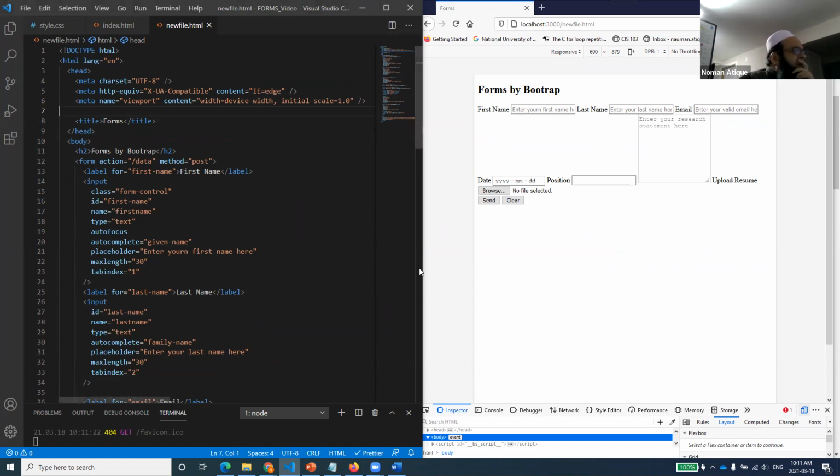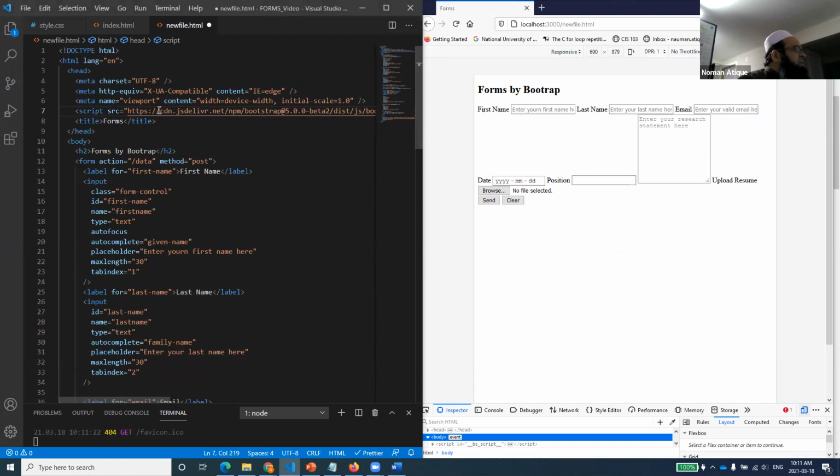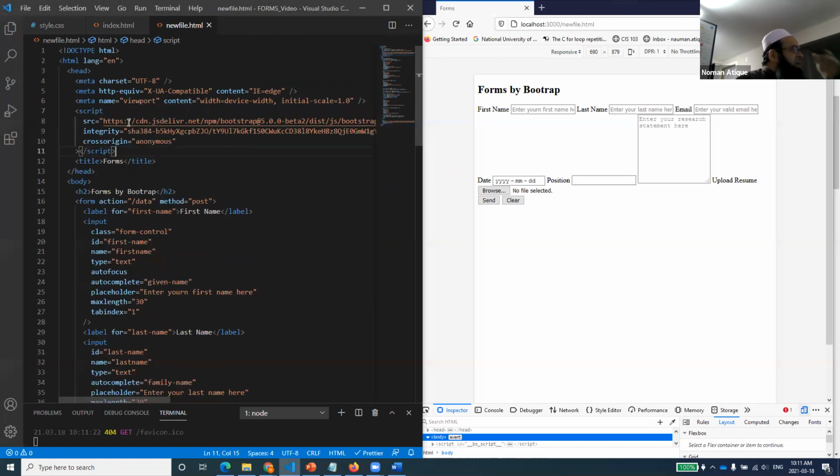If you see quickly, when I add that link to CSS, which is basically the CSS of Bootstrap, as I add this Bootstrap CSS,